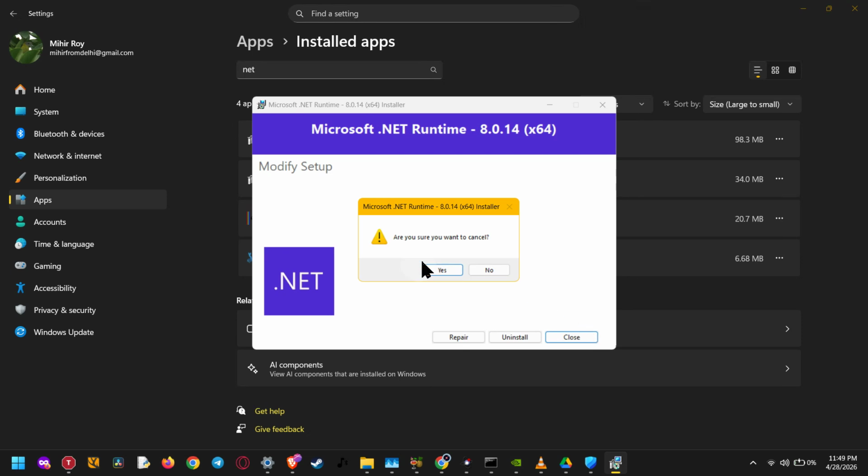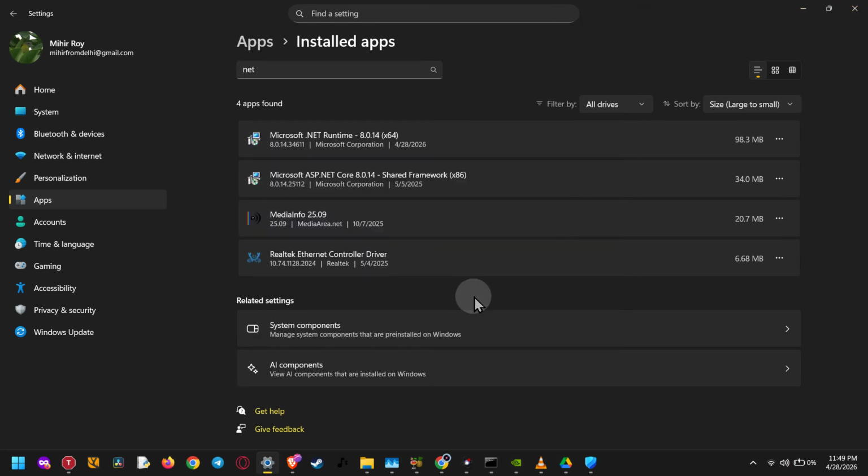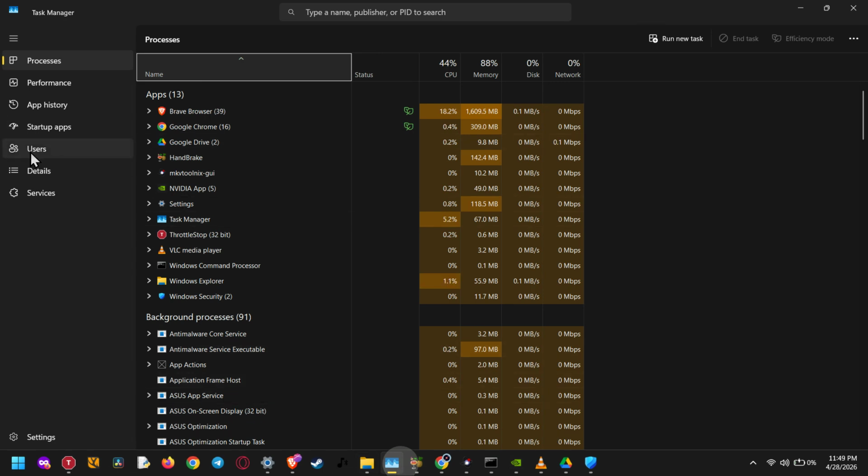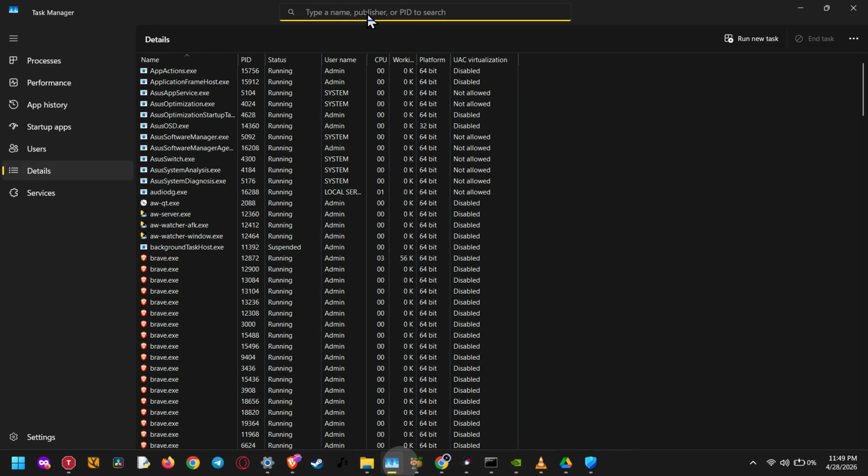If HandBrake previously crashed during an encode, the server port may still be stuck open in the background. That means the next time you launch HandBrake, it can't create a fresh internal server connection. To fix that, close HandBrake completely, then press Ctrl, Shift, and Escape to open Task Manager. Go to the Details tab and look carefully for every instance of handbrake.exe and